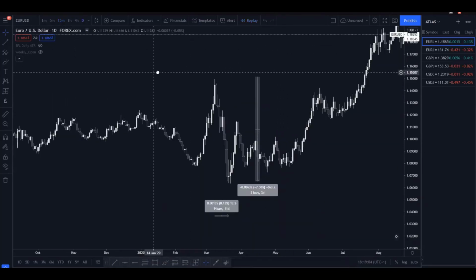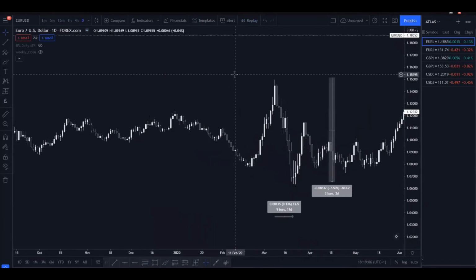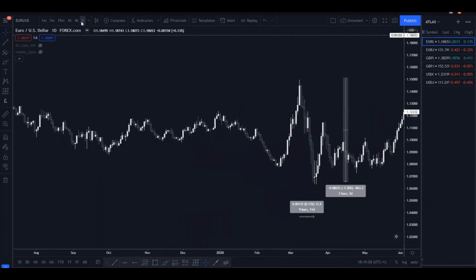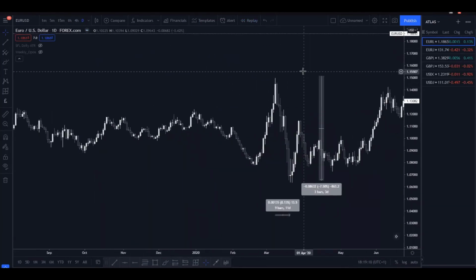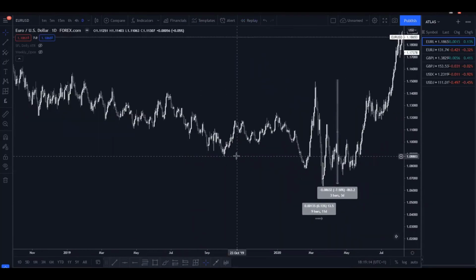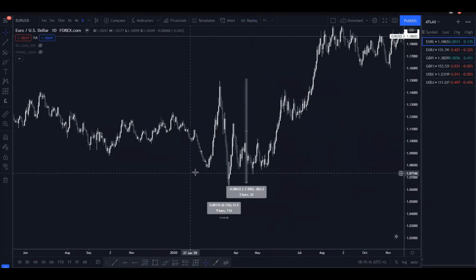So to finish off, I'll talk about two examples. We're back on the daily chart, and this was actually the Corona market. During Corona, we saw the value of the dollar rise because the dollar is a safe haven. When there are times of uncertainty, we normally see money flow into the dollar as it's the safe asset, something we'll talk about in risk sentiment.